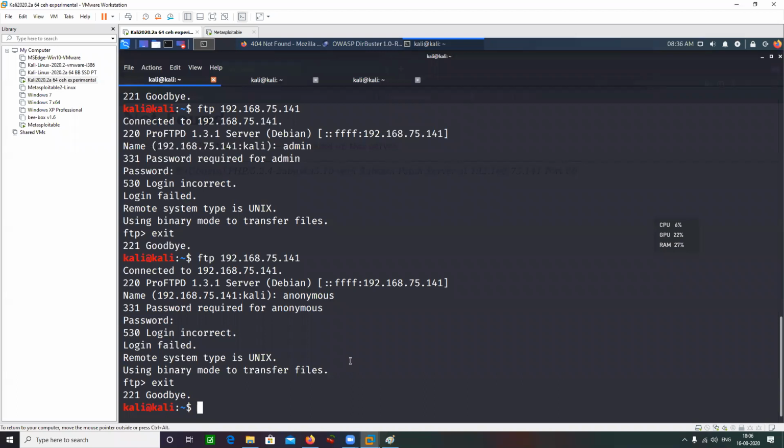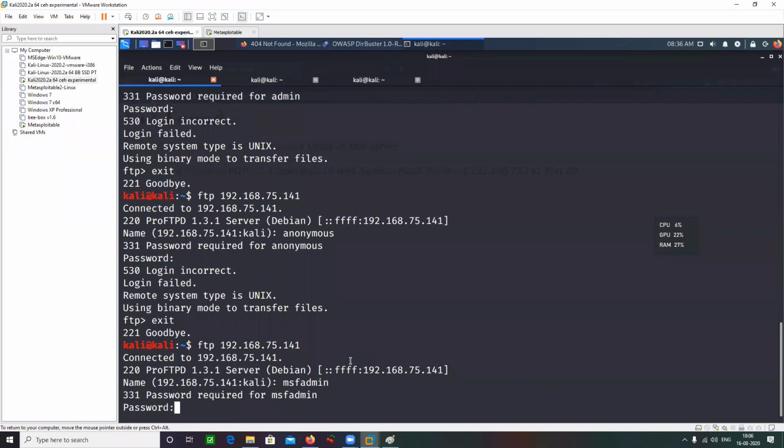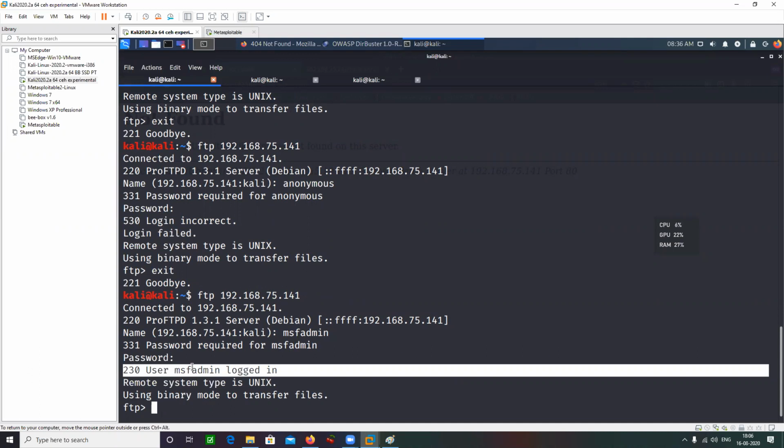Great. So the only way left here is by using the credentials that I already know, that is msfadmin and msfadmin. Okay. And what does it say? It says user msfadmin logged in.